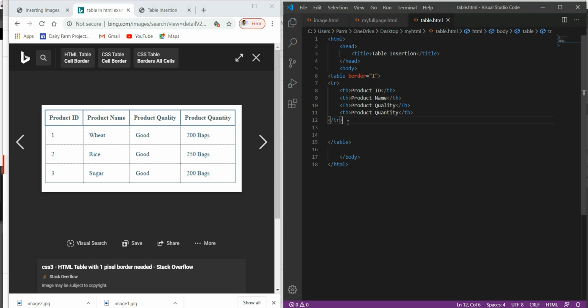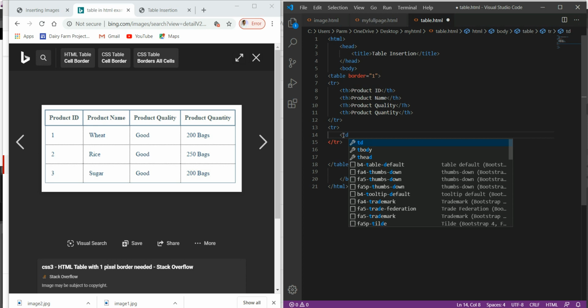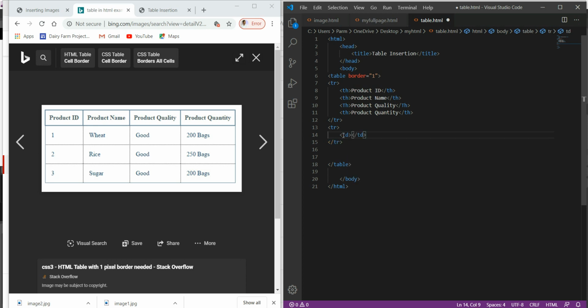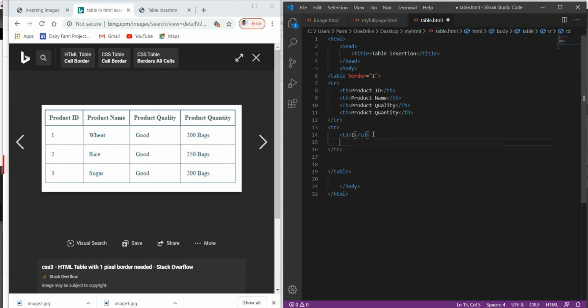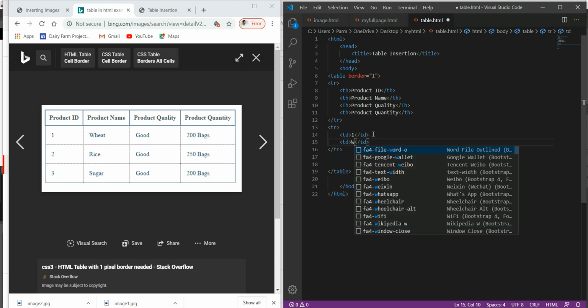For that we have to create another row. So we have to use another element. This time this is not the table head, this time this is table data. We have to insert it over here. For that we use the td element, and the first value is 1. Then td, and the second value is wheat.